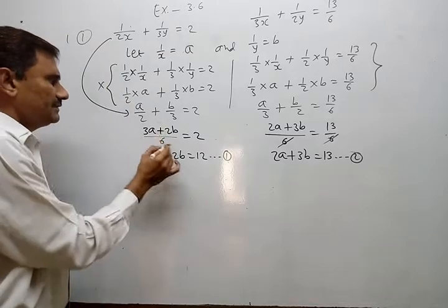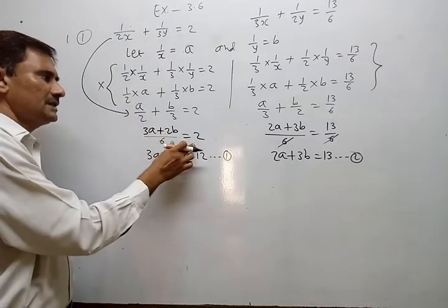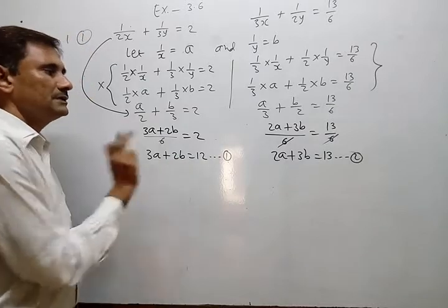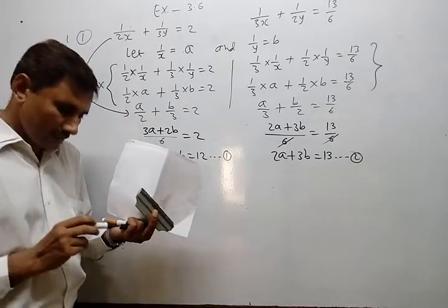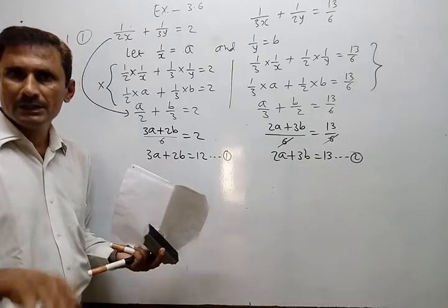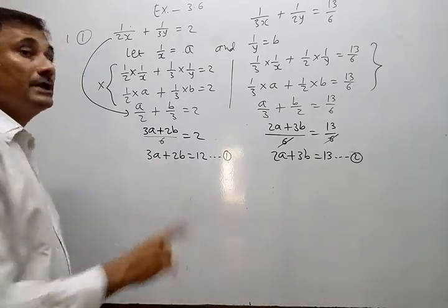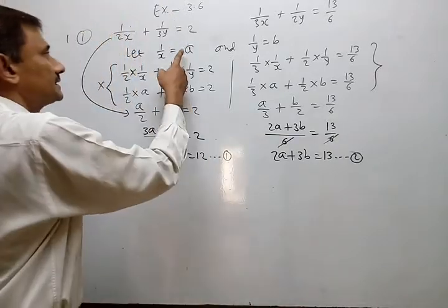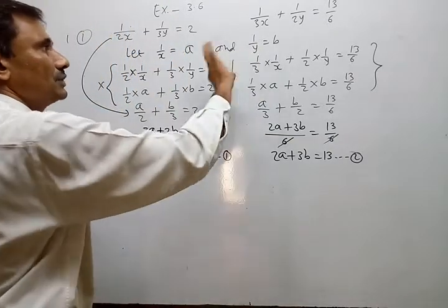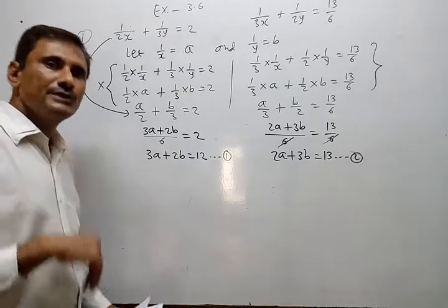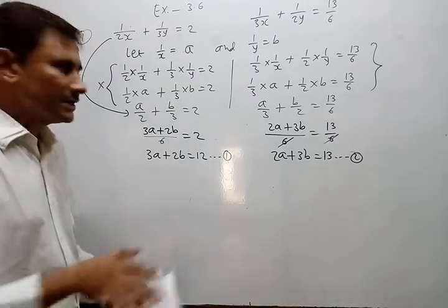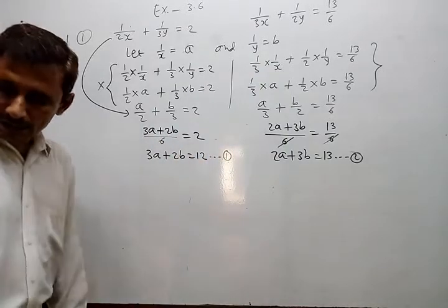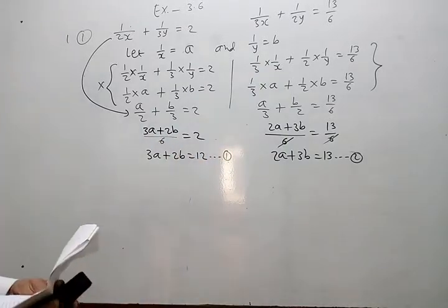Now it is very simple. Just simplify, take an LCM so that the denominator is removed. Now we have to solve both these equations by the elimination method or any method, so that we can get a and b. But a and b are not our answer. We have to again replace a by 1 by x and b by 1 by y, so again remove a and b by the original variables x and y. But in between, our working should be in a and b only. So now we just solve both equations.